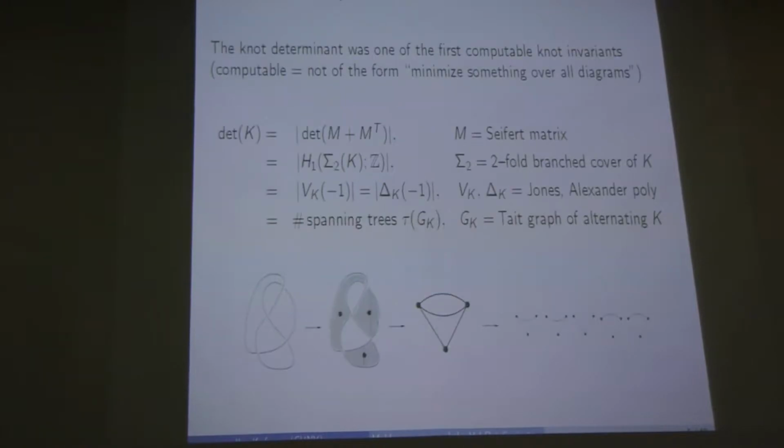So the next example is going to come from using the determinant. The knot determinant was one of the first computable knot invariants. And by computable, I mean not of the form minimize something over all knot diagrams, like the crossing number, the unknotting number, the bridge number, all of those kinds of things that are easy to define but hard to compute. So the determinant is computable, and computable has many technical definitions by computer scientists. It's computable in polynomial time, as opposed to other things which are